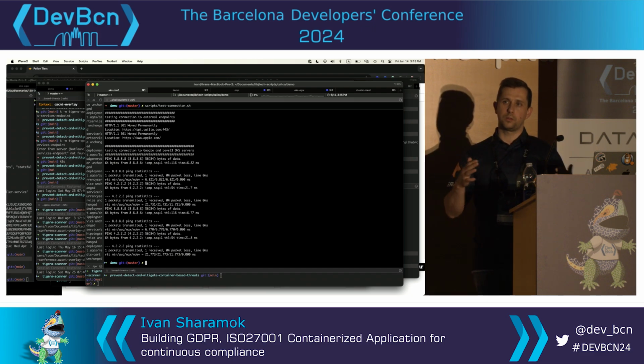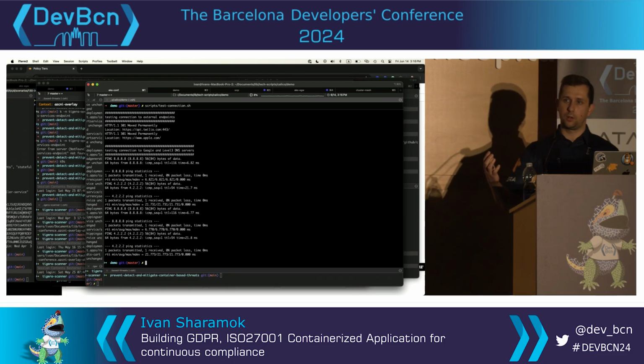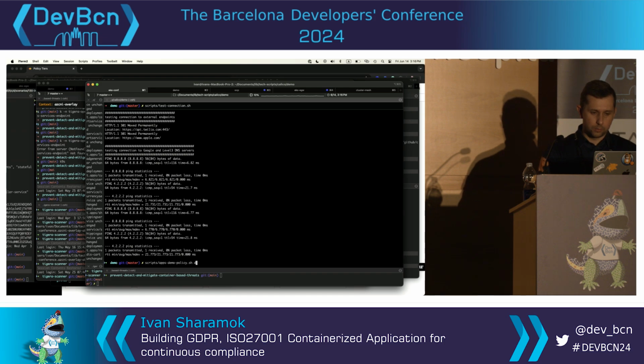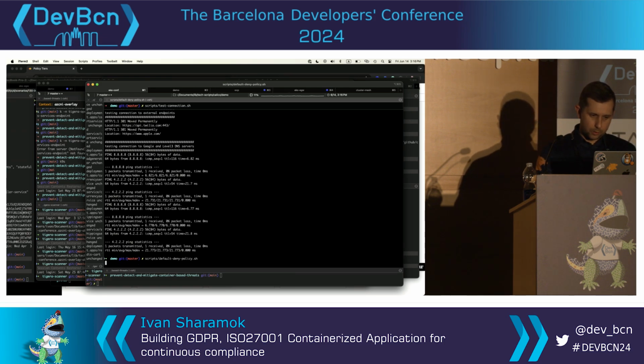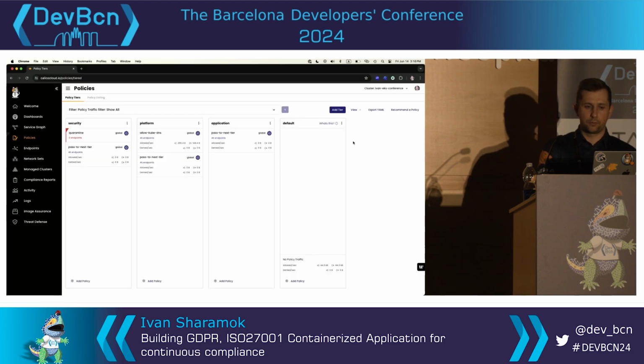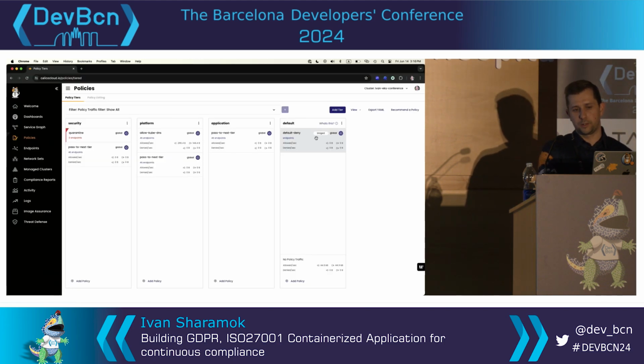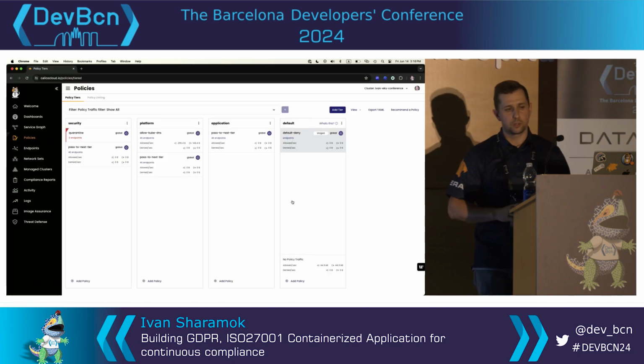And from there, once you deploy, as you deploy default deny, it cuts out all the access for the apps. And then you start deploying policies that only allow the communications that need to be allowed. So now I'm going to deploy that default deny. You'll see that landing here in the default tier.